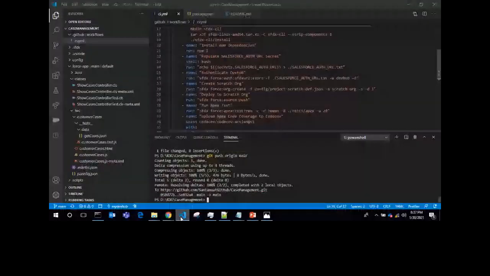Okay, so we have successfully pushed the code to the GitHub branch using the ci.yml file.